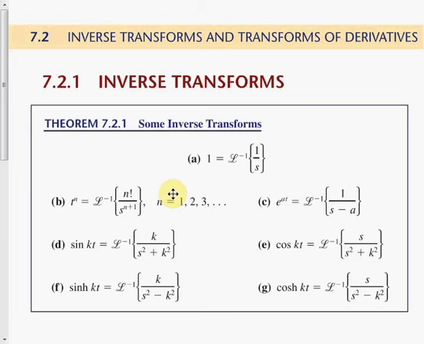So everything we learned in 7.1 about those various Laplace transforms, if you just reverse that, we get the inverse. If you go from left to right from the previous section, then the inverse would be going from right to left. We take the result and try to get back to the original form. Now, why is that important? Well, the goal for this chapter is to